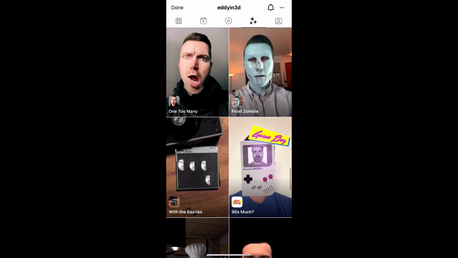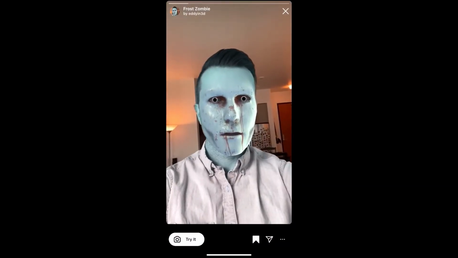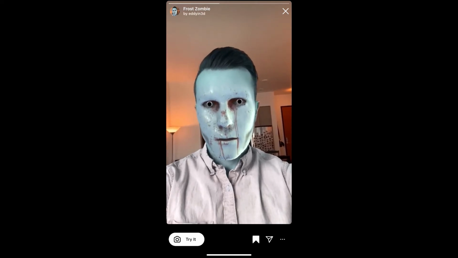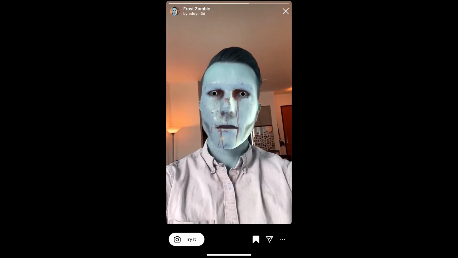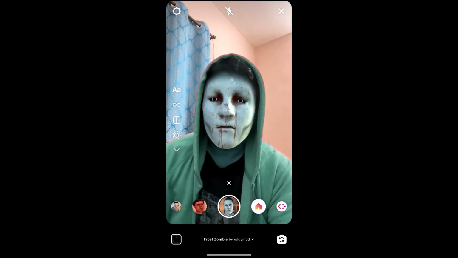So check in his filter gallery, and this is the filter, roast zombie. Tap on it and you will see this preview. From here you can save it to your Instagram camera tray and you can tap on try to try the filter. Okay, and suppose you are not getting the effect like this, then what you can do,